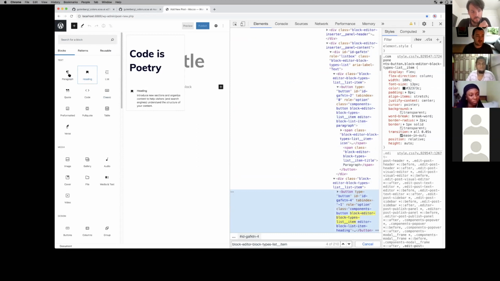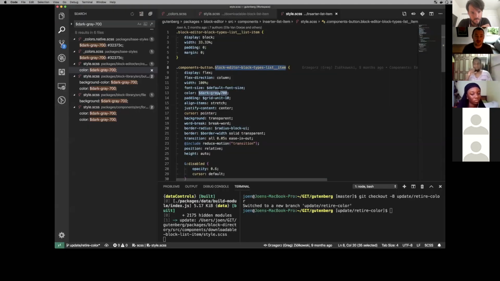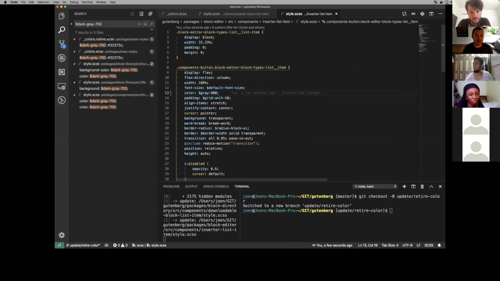As you can see, there's a black icon and a black paragraph text here below. They're not the same color. They probably should be. So once again, we just replace this one with gray 900. And you can see this search list dynamically updates on the side to reflect that I eliminate this deprecated variable. Let's reload